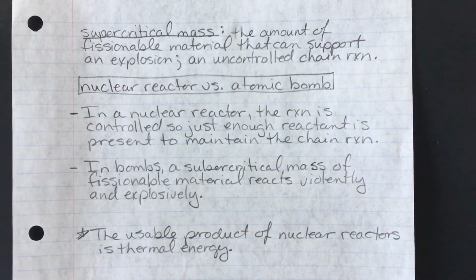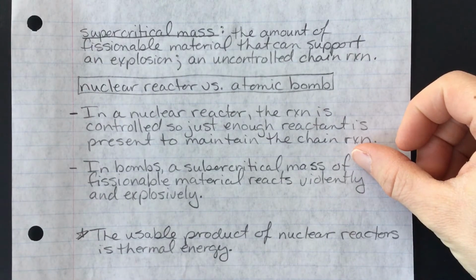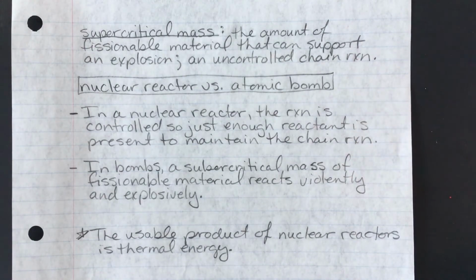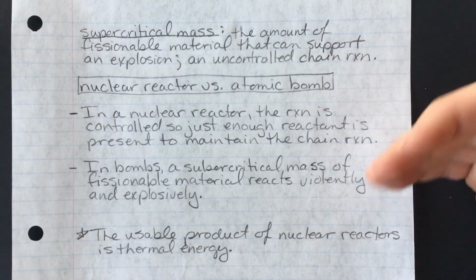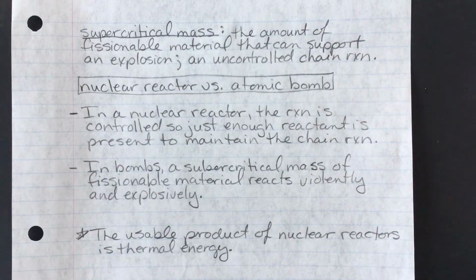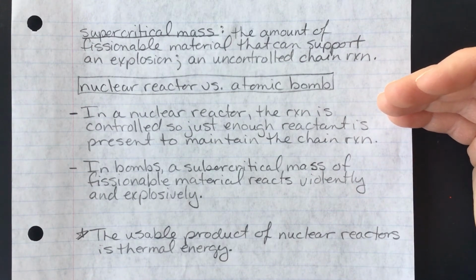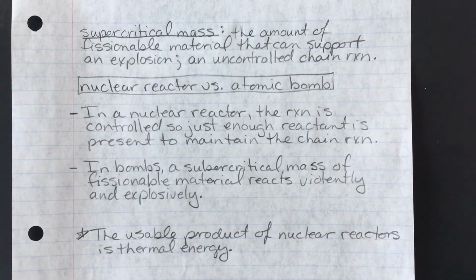Now, atomic bombs, the reason they are explosive is because they have supercritical mass of fissionable material, which reacts violently and explosively. Definitely two very different uses here for the material. And so again, we can get into that discussion of good ways we use information we've gained from science and maybe not so good ways that we use the information from science when we talk about nuclear reactors versus atomic bombs, because we've already said that